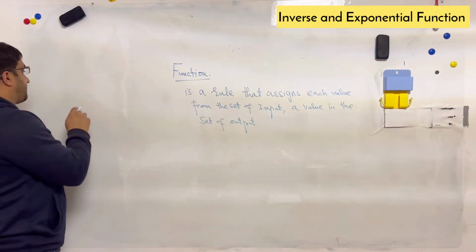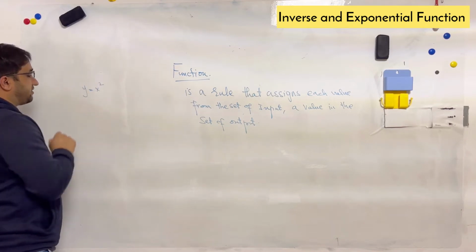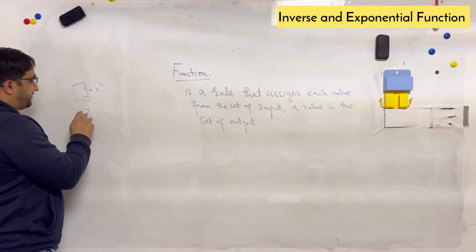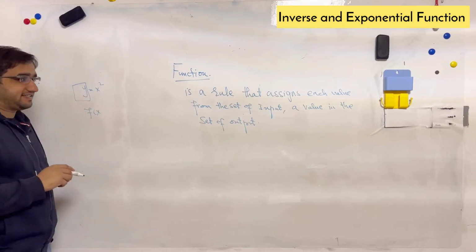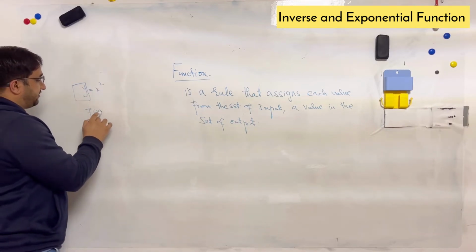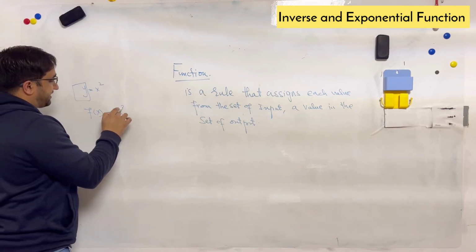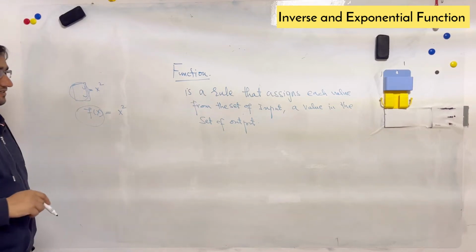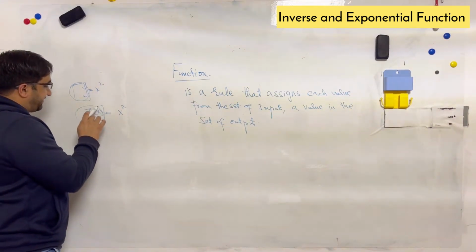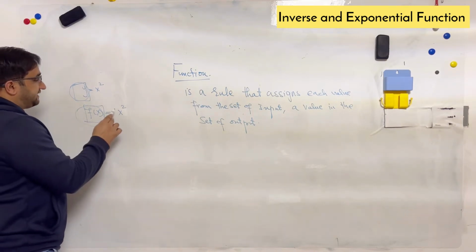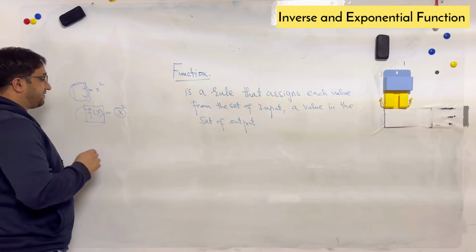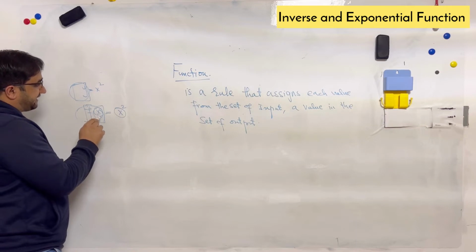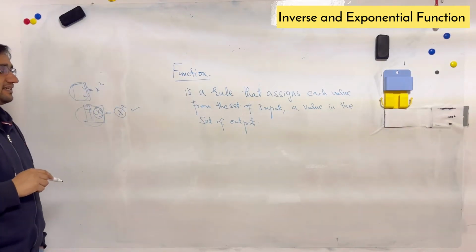We have a parabola function y equals x square. So y is also known as f of x. If something is written as y equals x square, you can also write it as f of x equals x square. Means these are the equivalent names of each other. Why do I write f of x? Because I want to tell you that this guy is receiving some values and a function is operating on this guy, and as a result we receive the square of this guy.